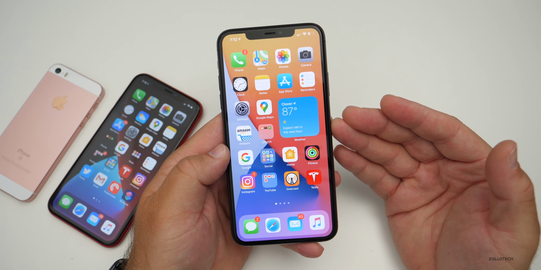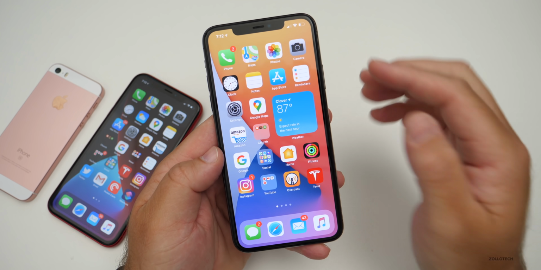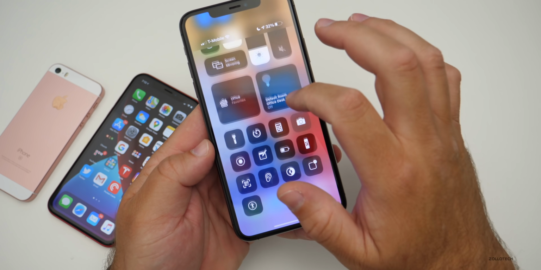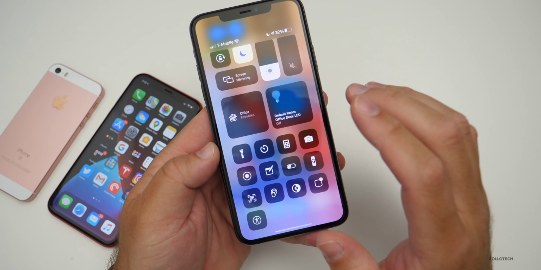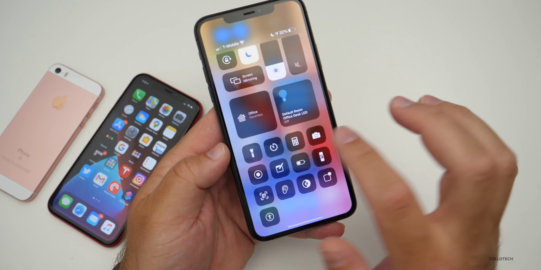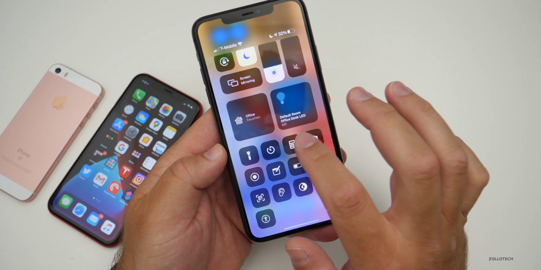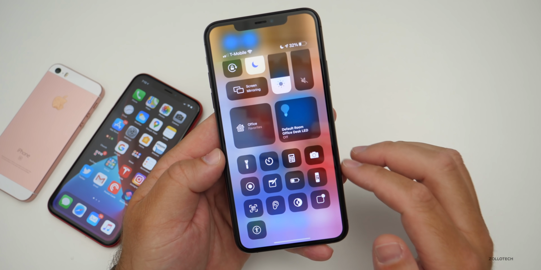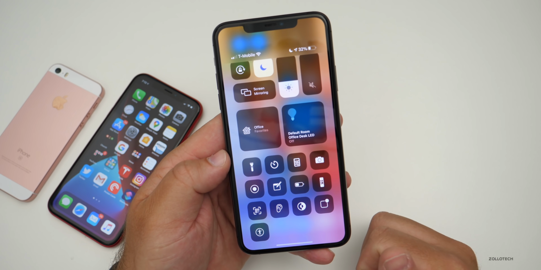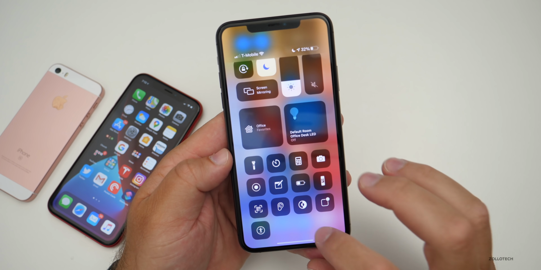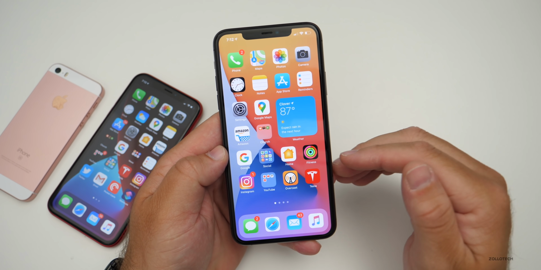Now, they've also updated the Home app, and the Home app has been updated to add things automatically to the widgets that you use. So, for example, I'm at my office, it automatically puts in my office here to turn the lights on and off. If I was home, it will automatically have the Home widgets that I use the most. So it adjusts based on your location.